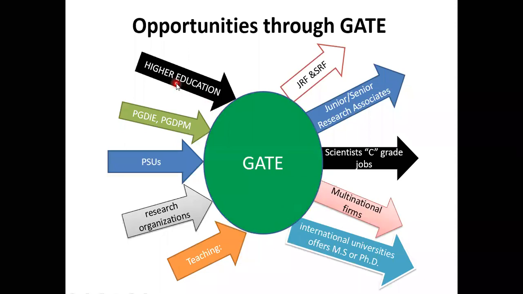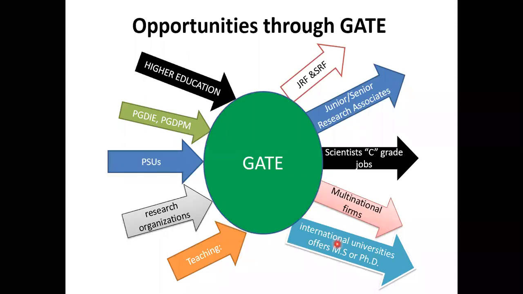And the last one is, if you want to do higher education in India, definitely we must have a GATE. But other than India, if you want to do your MS or PhD in international universities also, some countries, especially Singapore and Germany. In Singapore, we have mainly two universities, that is NTU and NUS. Those two are the topmost universities in Asia. They are also considering GATE score.